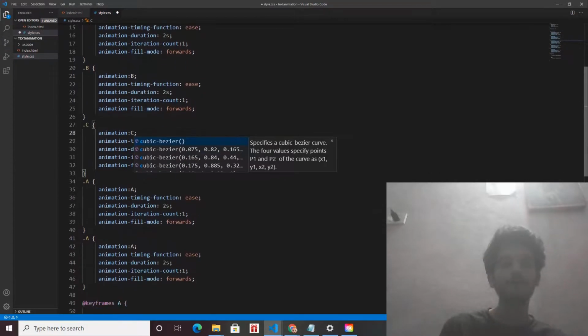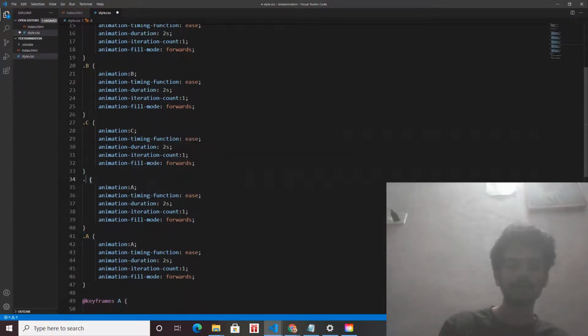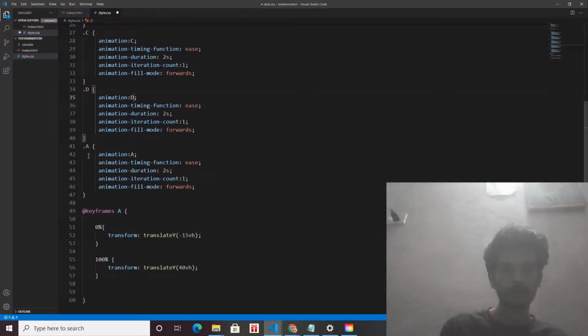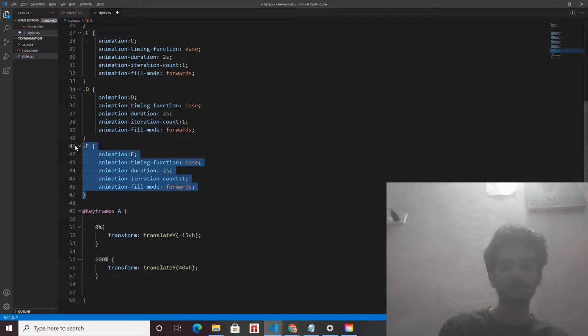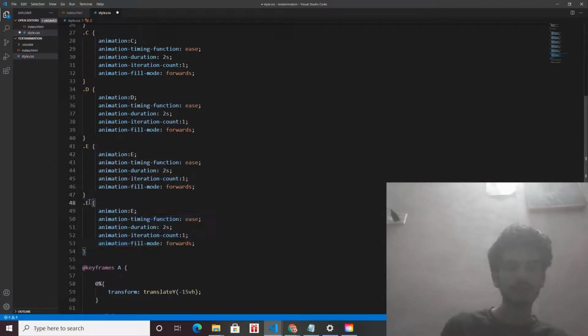That is my third letter of my name, and here is the D, so it is on the D div. Not the final, there is one word remaining. It is the animation E, and the last word of my name is F. So here is the F.